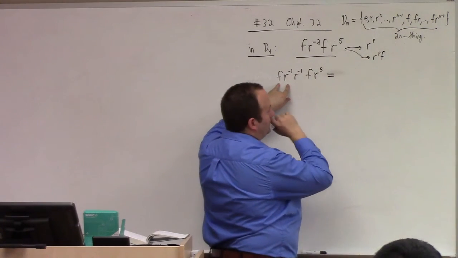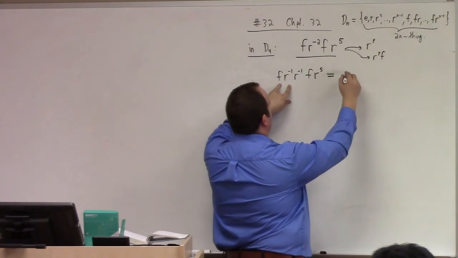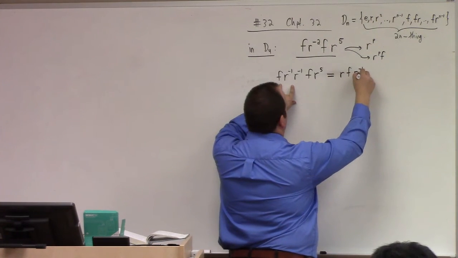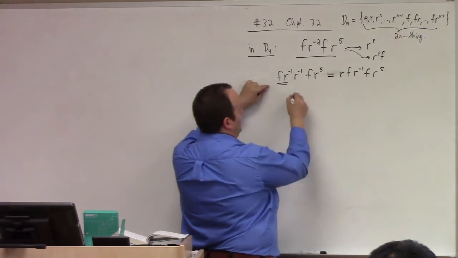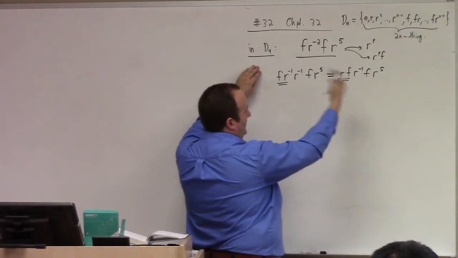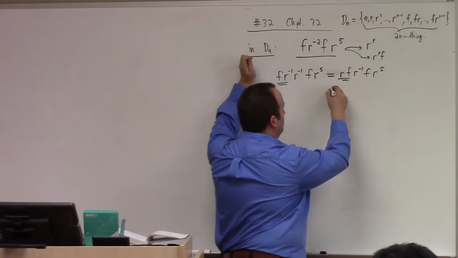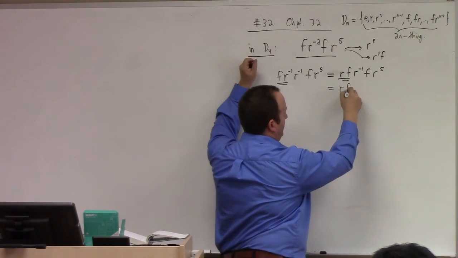I'm trying to move the F over there, right? So this is going to give me R, F, R inverse F, R to the fifth. I just commuted, putting the R to the other side changes it from inverse. And then that gives me R, F, oh,